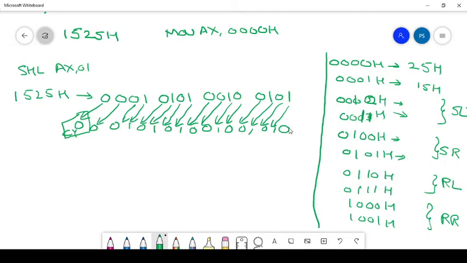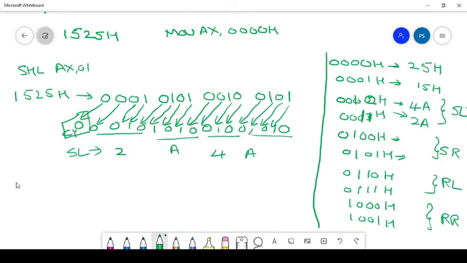This is the result of the shift left operation. That is, 1525 after shifting left gives 2A4A. The lower byte 4A is stored in the 0002 location, and the higher byte is 2A.